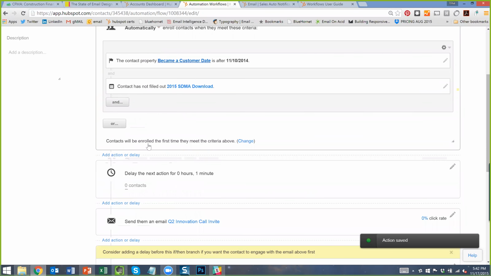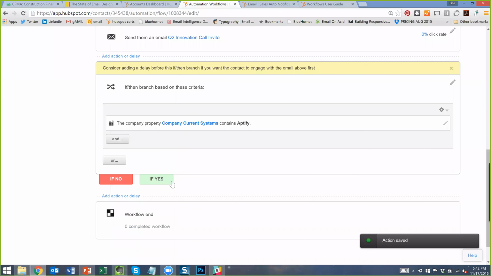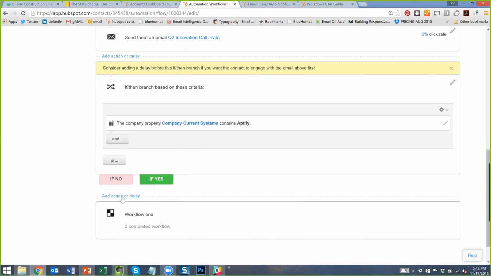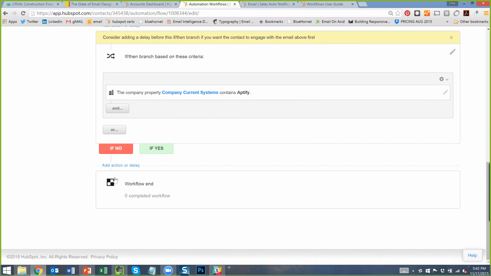So we're going to send all of these people an email. Then let's just say if they're an Aptify, we have some sort of special Aptify deal. If yes, we'd add another action, sending them an email saying, we noticed you didn't fill out the SDMA report and that you're a customer. Did you know that there are certain things about Aptify that are contained in this report? And then if no, we would go on